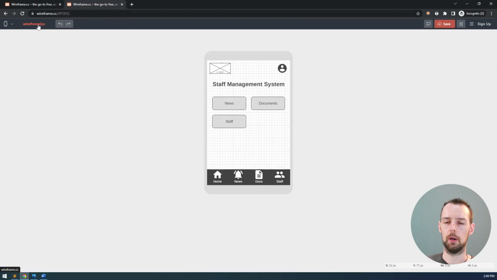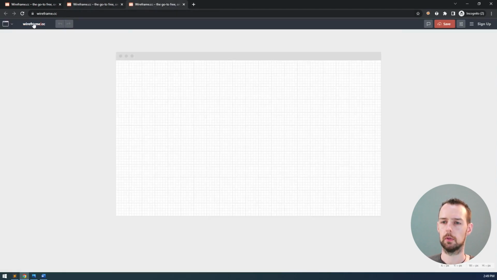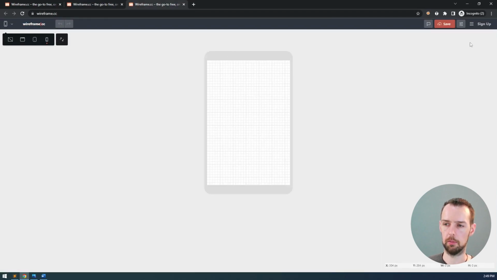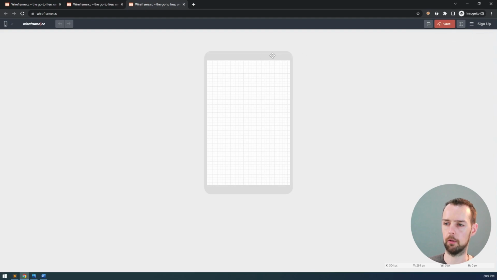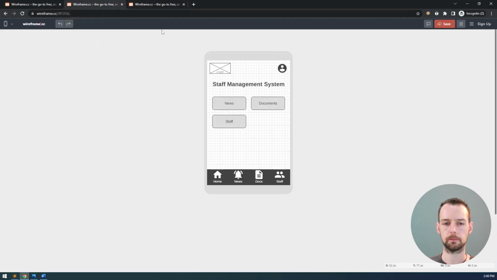So I'm just going to open up again a new browser window. I'm going to go through the same steps of make it a portrait phone screen. It's already on my grid size of 10 pixels. You can turn it back to snap to grid if you want to, whatever, it doesn't really matter at the moment. Now, what I'm going to do for this one is I'm going to show